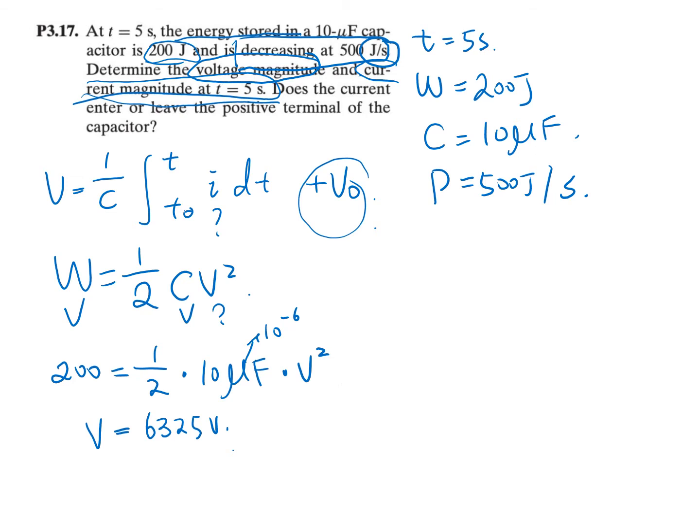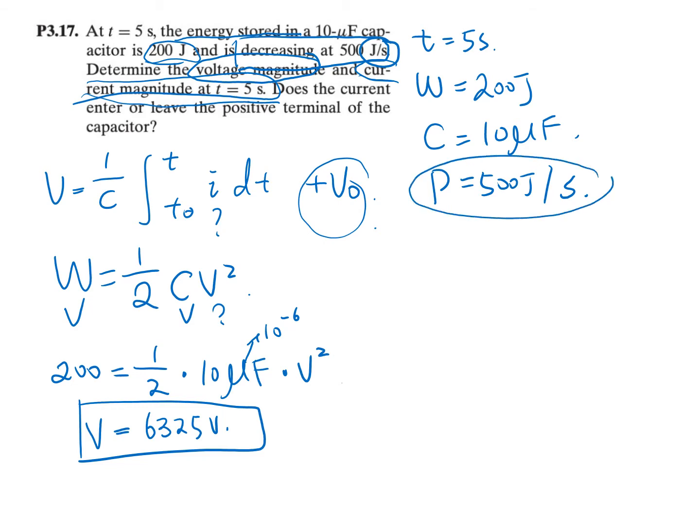Now we have found the voltage value. We also know the power, so we can easily find out the current. We know that P is equal to V times I. P is 500, V is 6,325 volts. So I is,